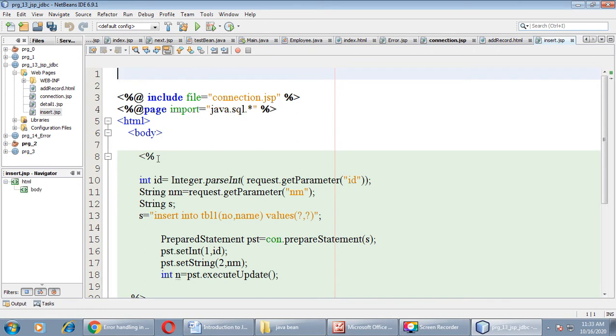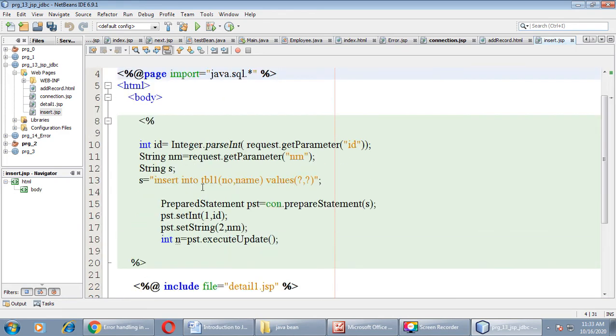Here I have included connection.jsp, as we want to do the connection with the database. For that we need an object of the Connection class that we have already created in our connection.jsp file. As you have already done in your PHP subject, you can very easily understand this thing. Here you can import a package, but it is not required as it is already imported in connection.jsp.